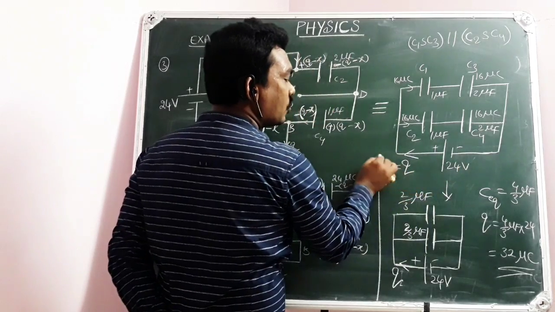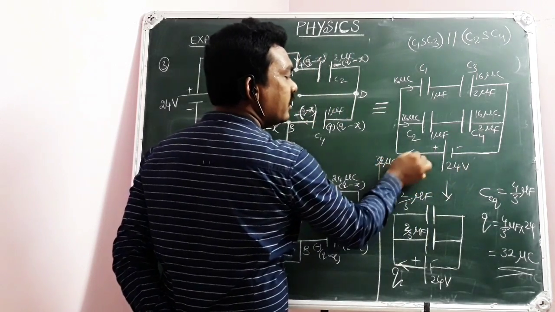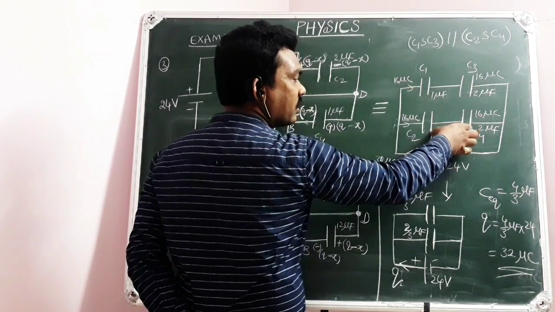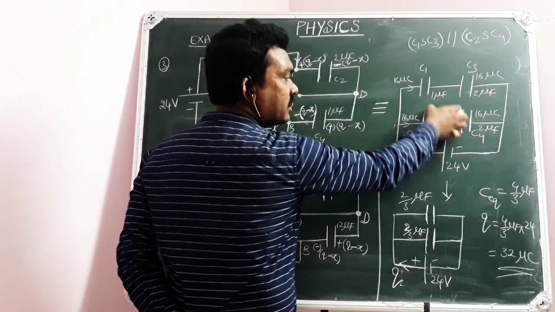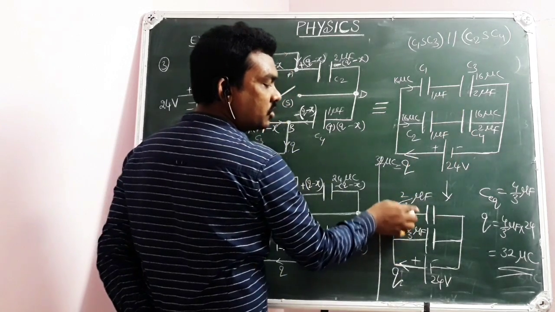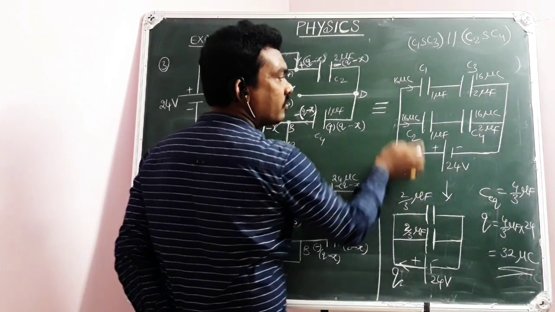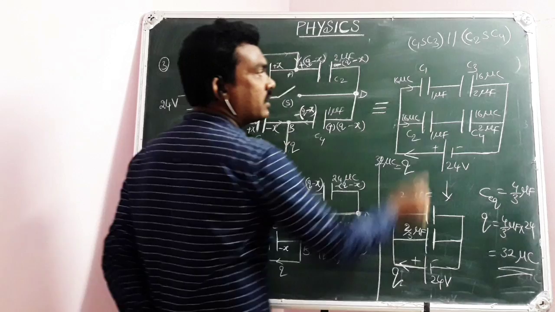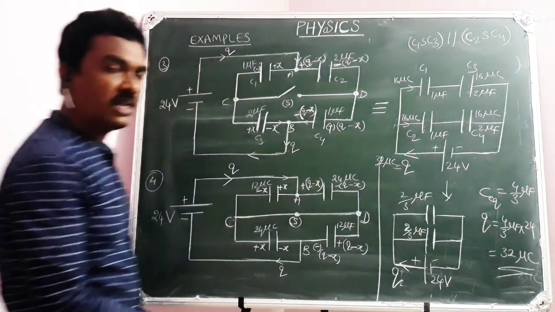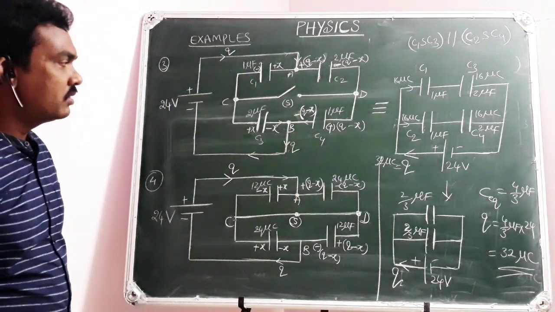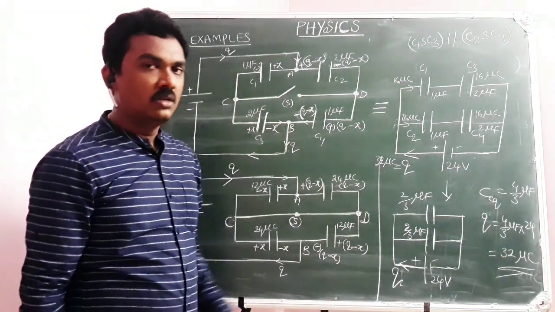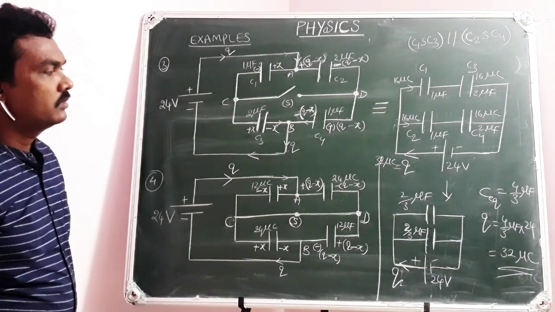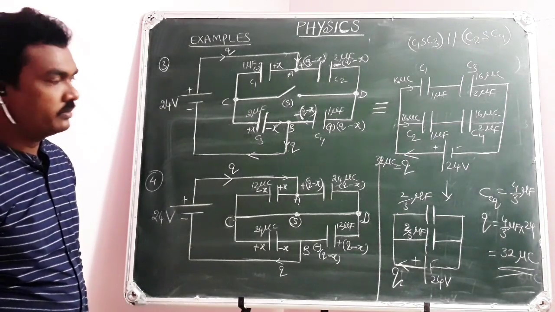Here totally 32 microcoulombs is coming out from the battery. But across this parallel combination, this one and this one are in parallel. In a parallel combination, charge will be distributed in the ratio of their capacities, which are equal. So 1 is to 1, 16 is to 16 here. 16 plus 16, 32, equally. But these two are in series. That's why on every capacitor there will be 16 microcoulombs. That's our solution for the third question. Now let us see the fourth question. Now I am going to arrange the third question.